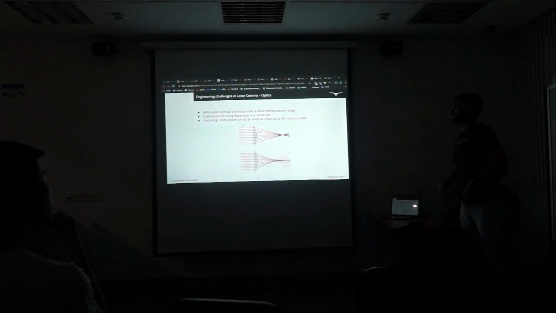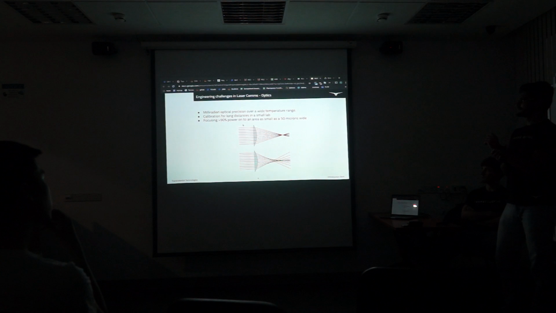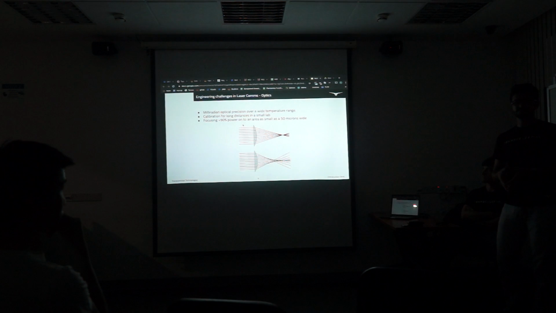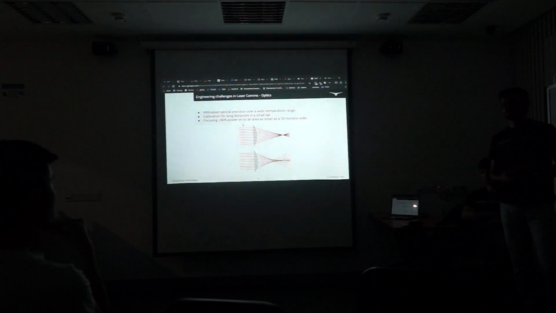So yeah, the second point, which is optics, like I said, milliradian optical precision. But one thing that people forget is it's not just that you make it once and that's it. That works in a research lab, and that's something that we've done a lot of times. But to do it repeatably, we call it optical calibration of certain devices, so that it doesn't miscalibrate itself over time or over temperature cycling.